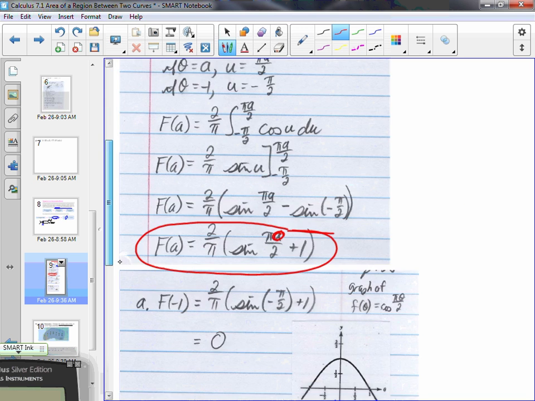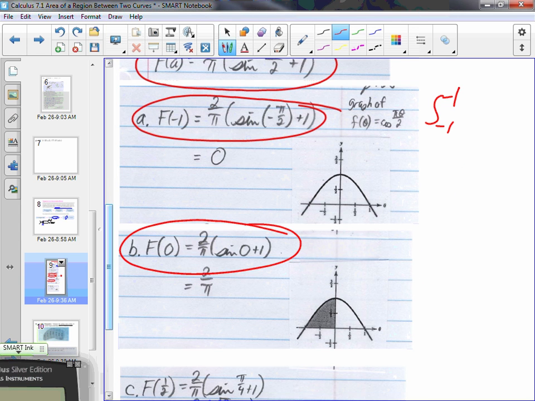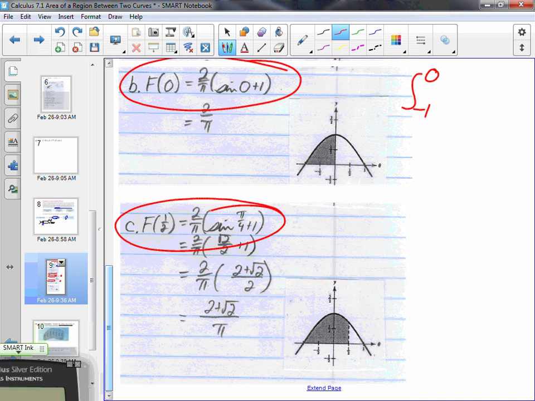Am I making any sense? Doing this was the same thing as finding the integral from -1 to -1 of the original function. Doing this was the same thing as finding the integral from -1 to 0 of that original function. Doing this was the same thing as finding the integral from -1 to 1/2 of the original function. Basically,